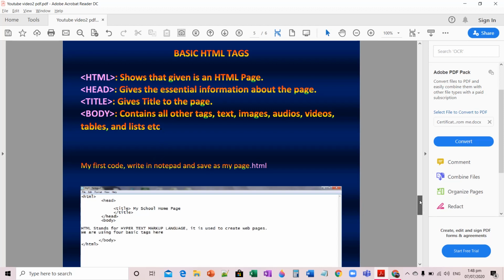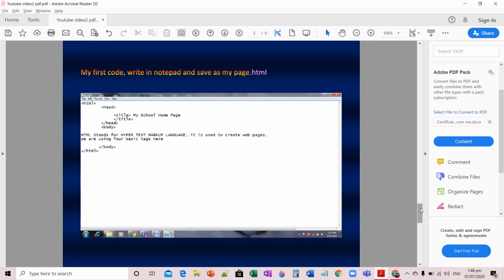Now the first code which I have written and saved as .html is this. I have written .html so it could be known that it is an HTML document. Then a head, then title, then I closed my head, then I started my body here, and this is my body which I have made here, and then I closed my body and then I closed my HTML document.